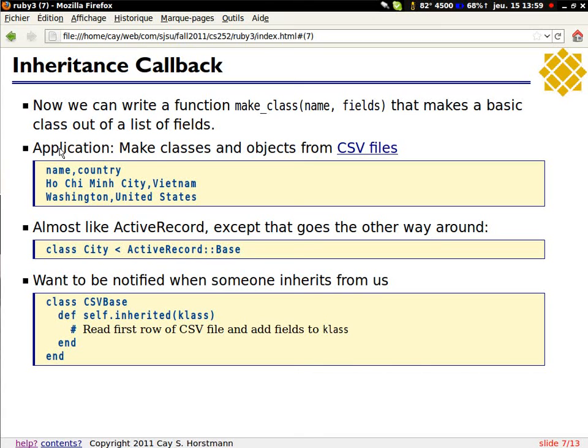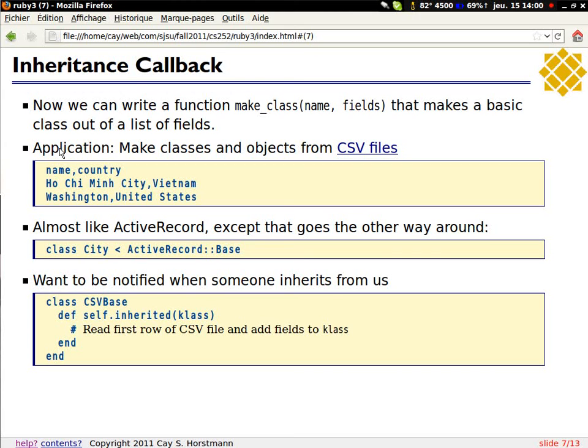Now, when you do inheritance, here you would say class and then the name of the class, and then you extend active record base. In this case, I'm going to do CSV base. As you do the inheritance, the superclass gets notified, told, hey, someone is about to inherit from you. This is the method that gets called. So in the superclass, I'm putting this method. It will get called whenever the less than name of the superclass happens. Then I can put arbitrary code in there to do whatever that subclass might want. That's a very powerful thing.